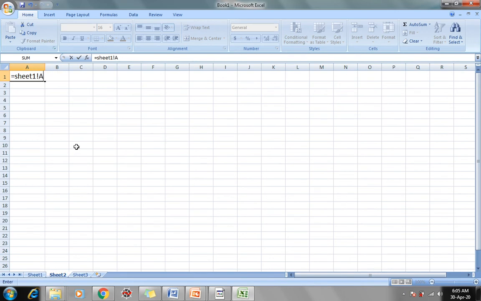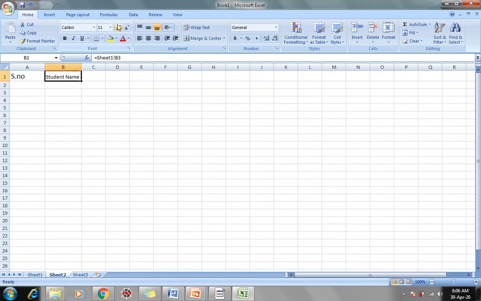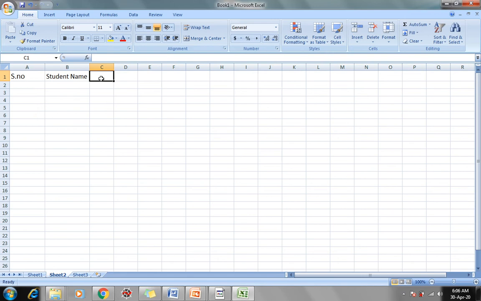So A3, then we press enter. Similarly, equals Sheet1 exclamation mark B3, enter. Equals Sheet1 exclamation mark, and we take the value from C3, enter.